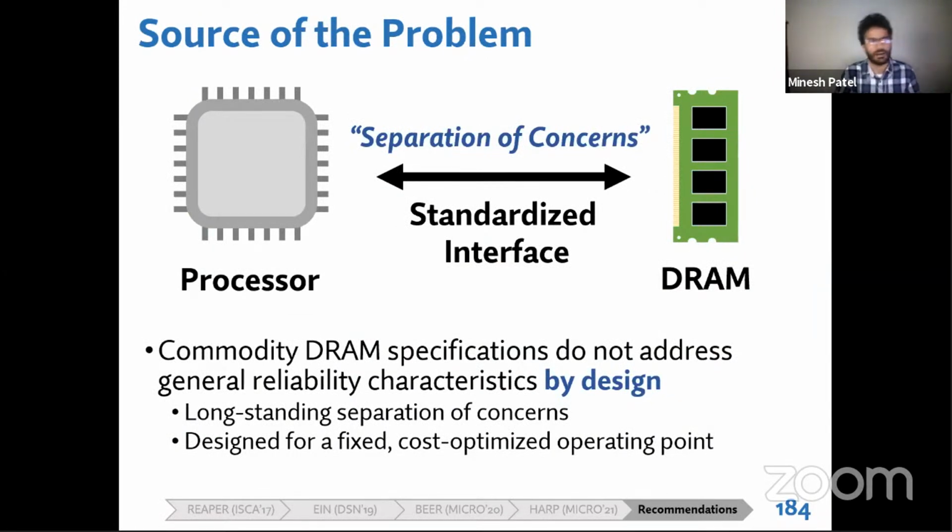Just to give a recap, the message here was that the DRAM standards currently don't address these reliability characteristics or the flexibility of different operating points because of a long-standing history of not needing to, and the fact that this isn't the operating target for commodity DRAM. As a recommendation, I think this is the single most important thing to highlight out of all the recommendations